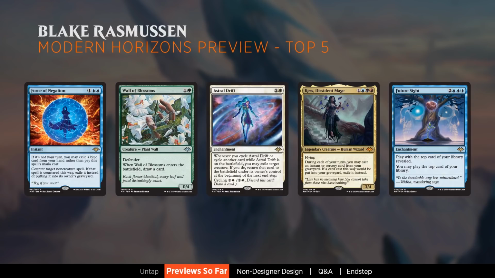Okay. I'm glad they were in because there was a lot of conversation when Modern Horizons was first announced that, oh, Force of Will is coming to Modern. And that was a little ambitious, let's say. Force of Will is a very powerful card, but it is in Legacy and Vintage where it belongs. Force of Negation is a good solution for Modern. It's a very powerful card. We'll see how it shakes up the